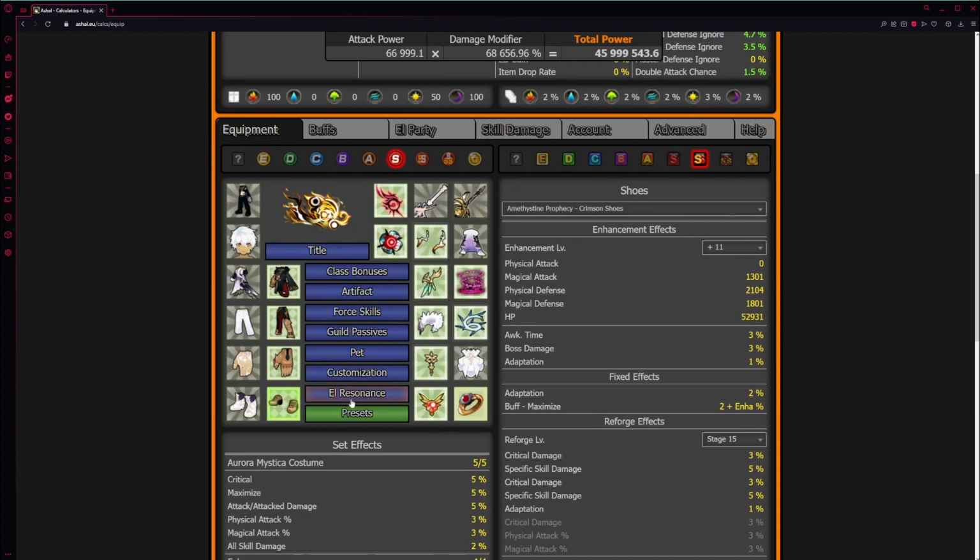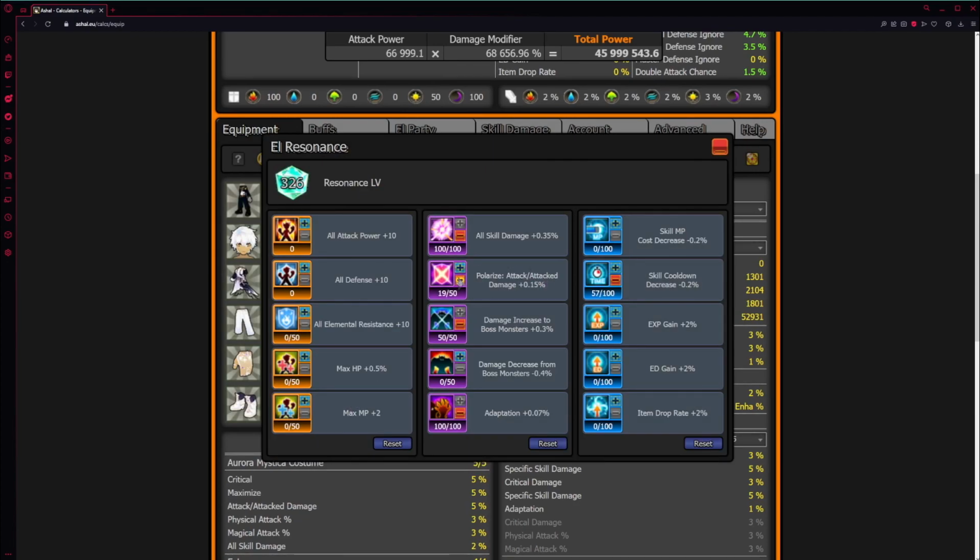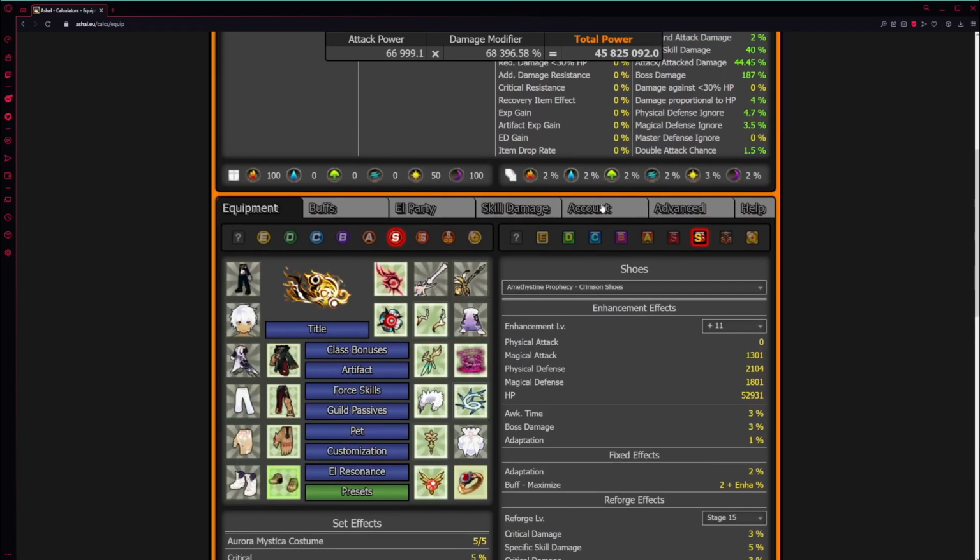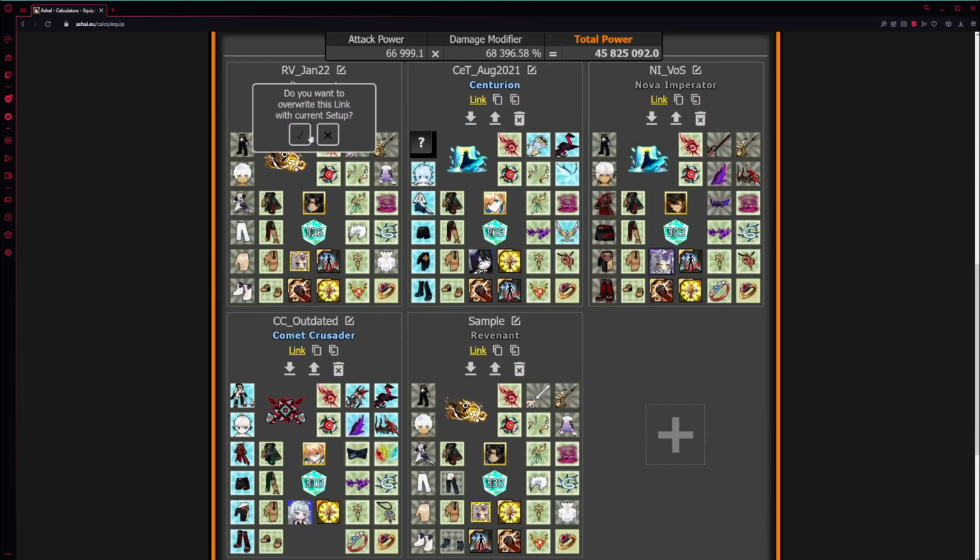And let me actually fix my residence. Let's go ahead and do this. This is assuming that I had perfect, but I don't have the money to spend on ERP coins. So let's just up this. You can always just go here, save as current, boom.